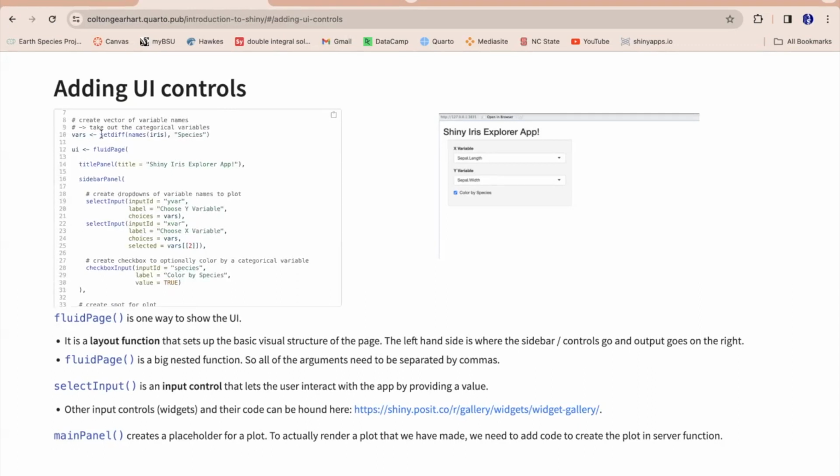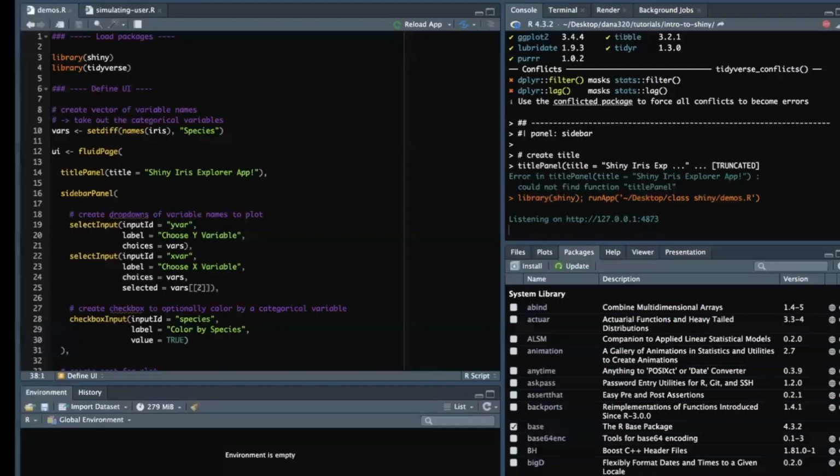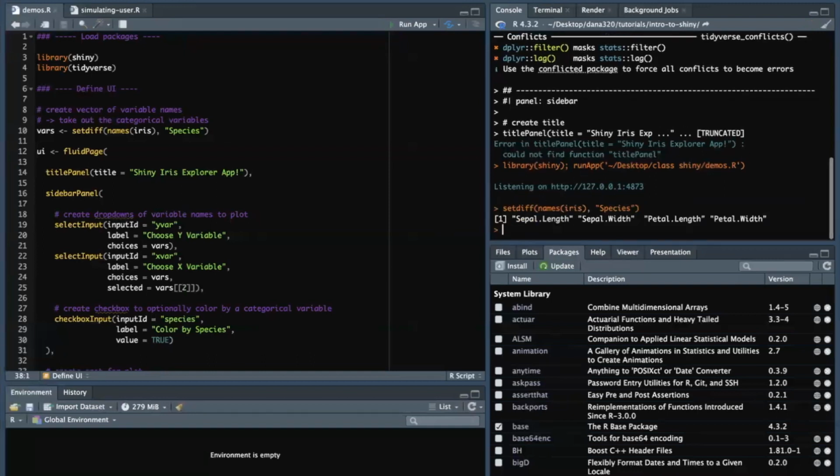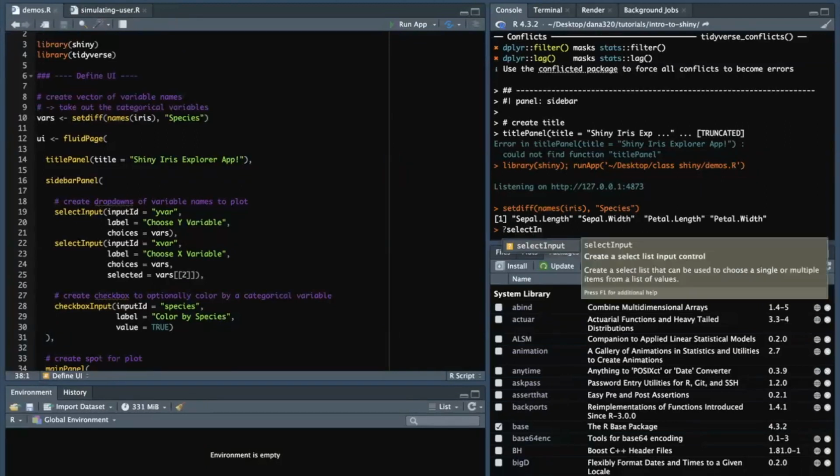All this does, if I run this line, is give me a list of the variable names. So setdiff just gives the variable names, and then I take out Species because that is a categorical variable. So if I go to select input,